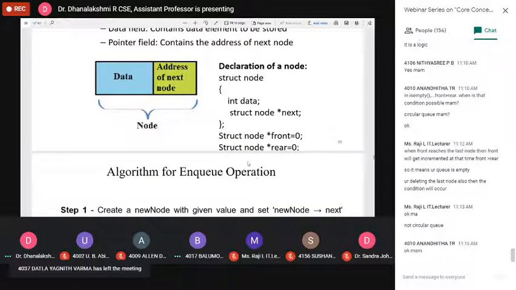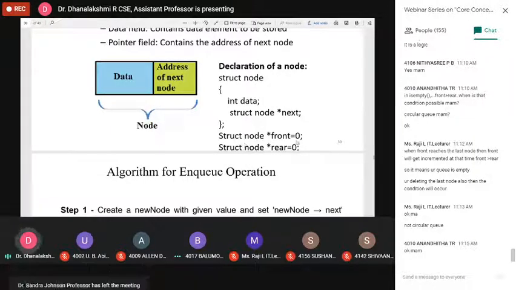Okay, then already this is a queue, so I am using two pointers, the front pointer as well as the rear pointer. Here this is a linked list representation, so we are using the keyword null. No need to use -1. Null always has the value of 0. That's why I'm initializing front equal to 0, rear equal to 0. That is the condition for checking whether the queue is empty or not. Got it? Yes. Front pointer is equal to null, rear pointer is equal to null, our queue is empty.